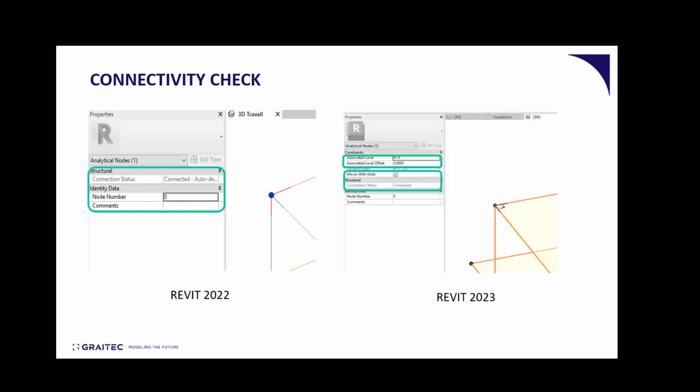We can also check the connectivity of the element, and see if a node is connected to more than two elements. If this is the case, the node will appear as connected. And as you can see here, we can specify that there is some associated level to the node, and also some